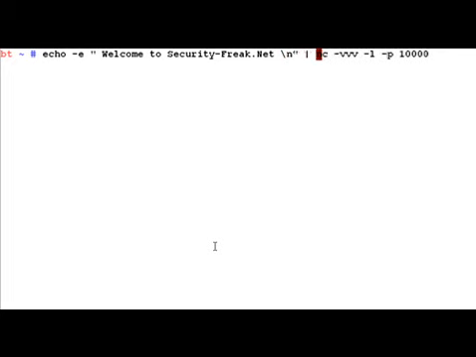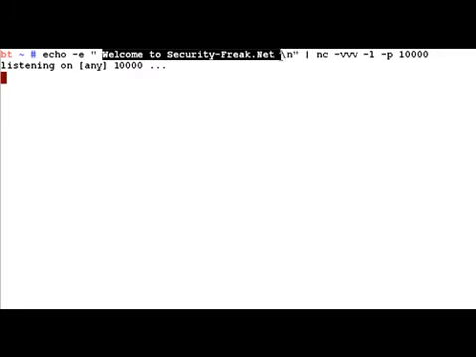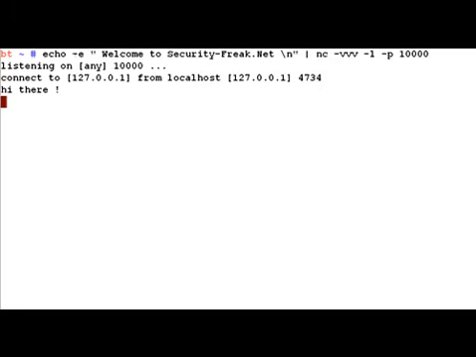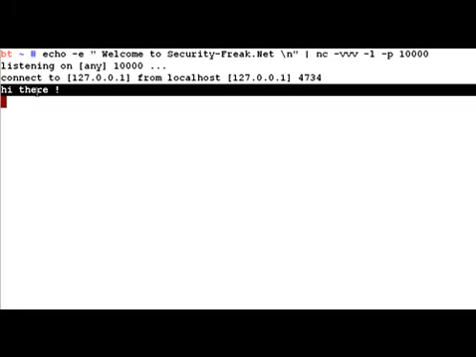So what we've done is, now whenever a client is going to connect to us, we'll go ahead and send this welcome message to that client. So let's quickly go ahead and connect to same port once again. Now if you notice, as soon as the client connects, it gets this welcome message from the server. Now we can go ahead and keep typing, and all those things would be received on the server side.